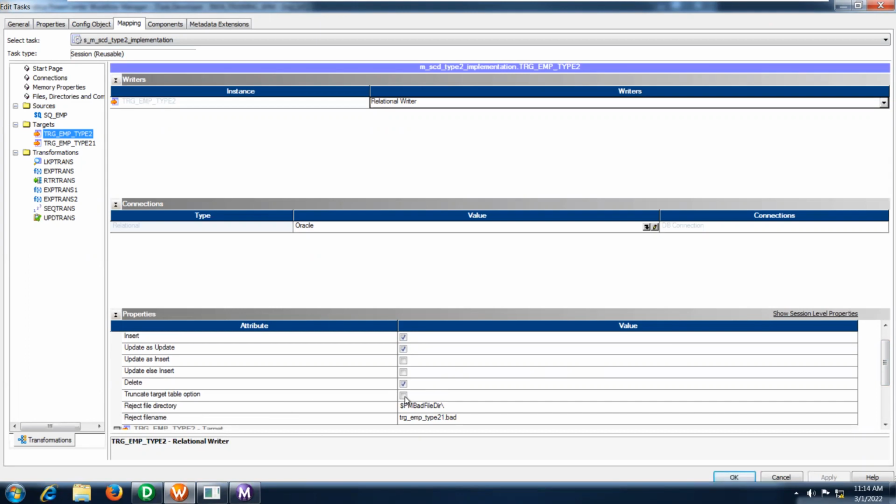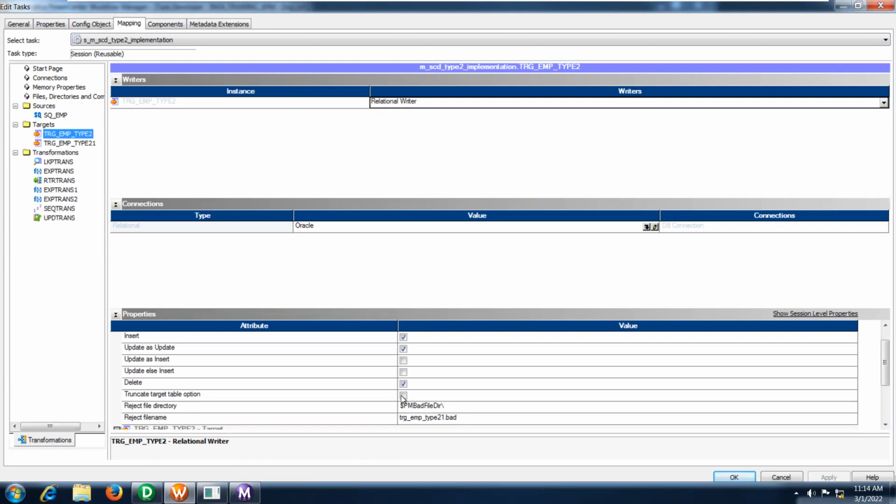Right? So now we are maintaining the history of the data. If you delete this one, every time the Integration Service will truncate the previous data and insert. If you want to update, you are not able to, because there is no data available in our target table to compare. That is the reason we are not able to capture the updated information.